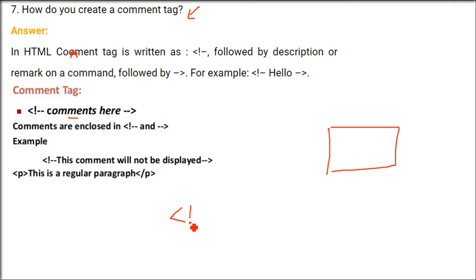So what would we do? We have a tag that starts with an angle bracket and an exclamation mark, and then on both sides two dash signs. So this is a comment, and it will not be shown in the browser. Let me tell you again, this is only for that person to understand what he has done. The browser will not even see it or run it. So again: brackets like this, exclamation mark, two dashes either side.